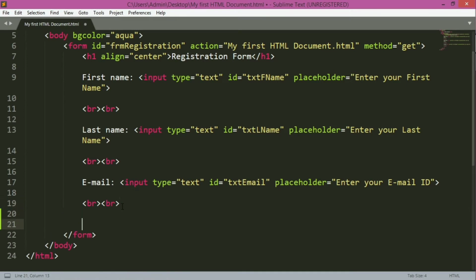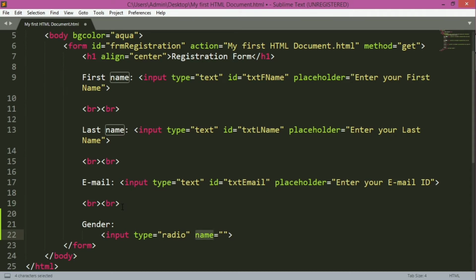So let's add that. So I'm adding gender, and let me give a colon, and in the next line let me give input, and let's give a tab before the input, and let me give input type equal to radio. Input type equal to radio means we are giving a radio button. So let me remove name and let me type ID. So ID will be, since this is a radio button, the ID will be RDB male. First we are doing for male, so RDB male, and then we have to give whether it's checked or not.